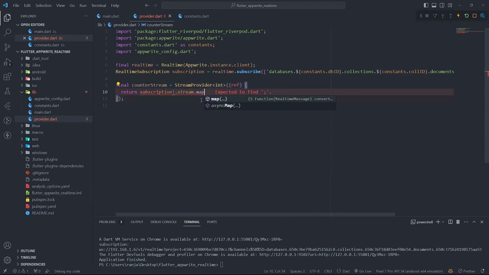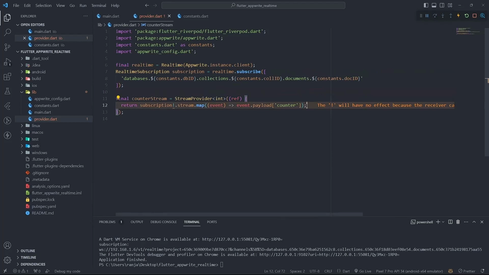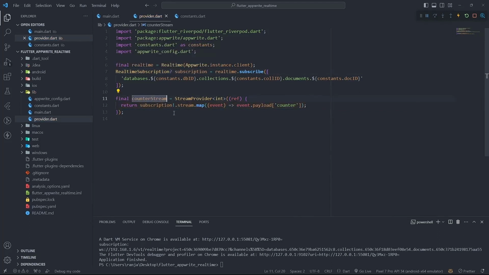So what I can do is just use map, and this map gets all the events, and now my event has that value. So if I just do event.payload and get the value of my counter, now this would return the value of my counter, right? Now I can directly use this counter stream to access the value of my counter,